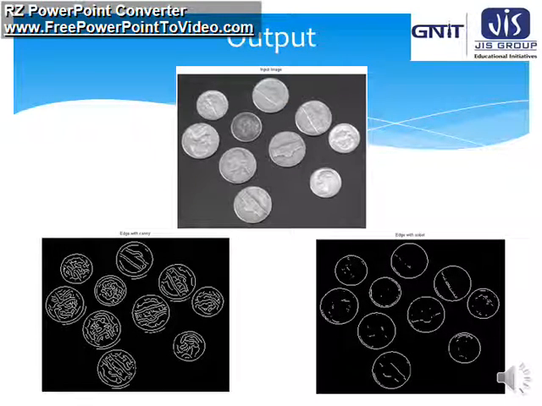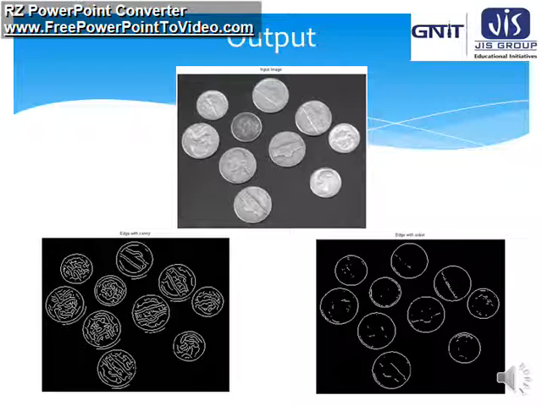So the input image also has been given, and the corresponding edge with Canny and Sobel has also been given here. Here we can see the edge with Sobel has a little bit more detail than the Prewitt and Roberts. But in case of Canny, it is much more detailed than each and every method. That means Canny has more edge detection capability than Prewitt, Roberts and Sobel. So if we want detailed edge detection, then we should use Canny.